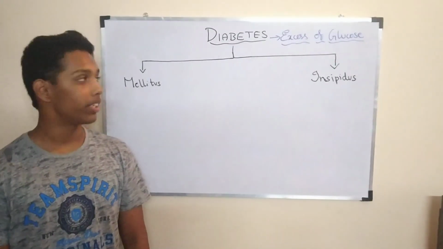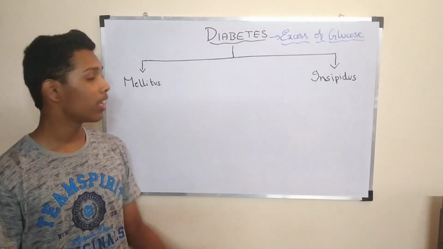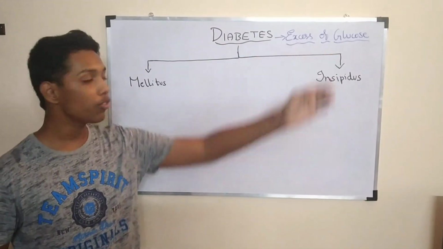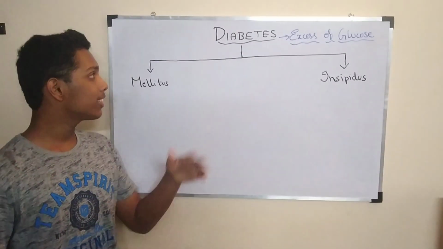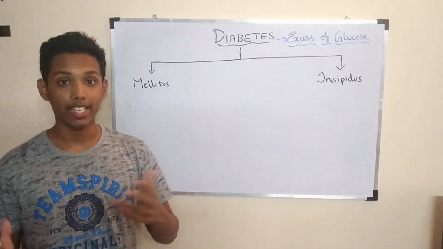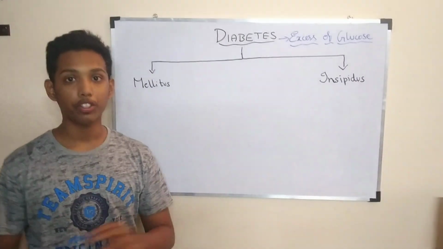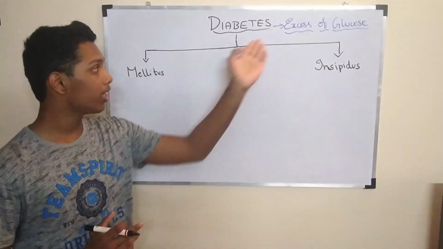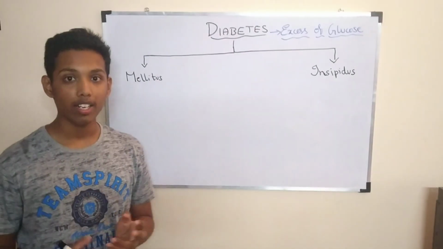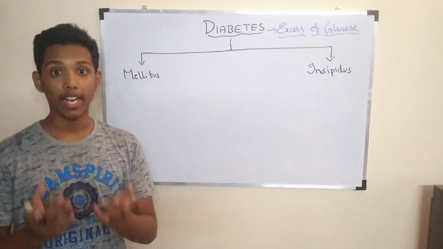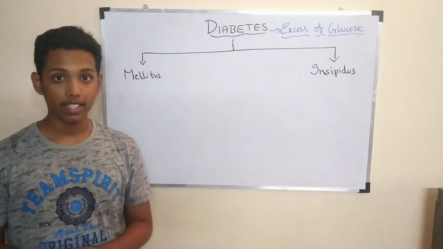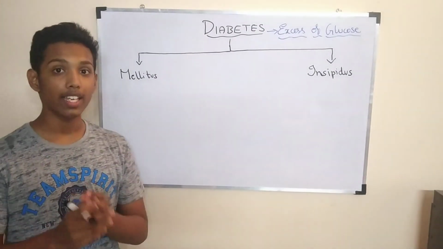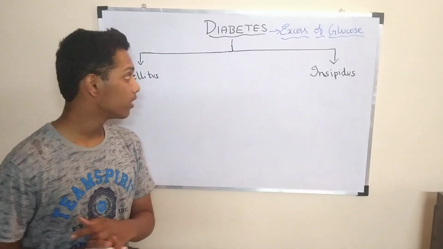What exactly is diabetes? Diabetes is caused when there is an excess of glucose in blood. Let us just discuss a little about diabetes as well as insulin, and then we'll move on to the different types of diabetes. We know that diabetes is excess of glucose in blood. Glucose is still good, but anything taken in excess would be very harmful for our body. So diabetes is the excess of glucose in our blood.